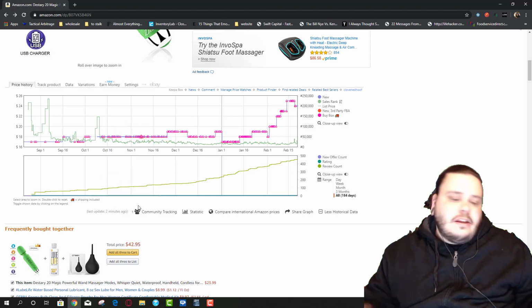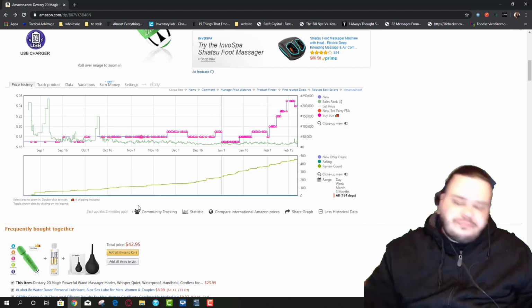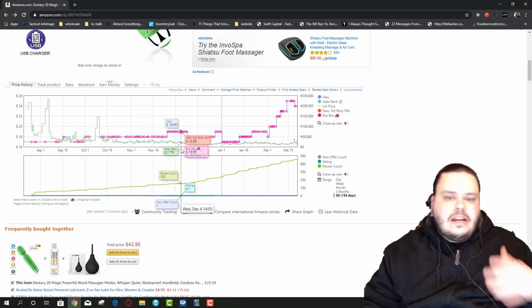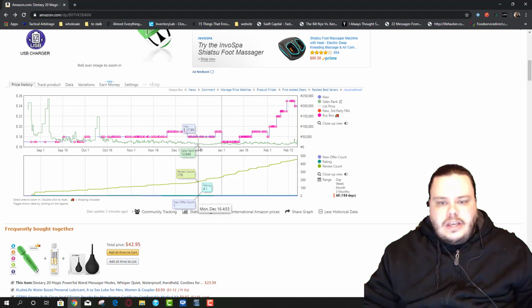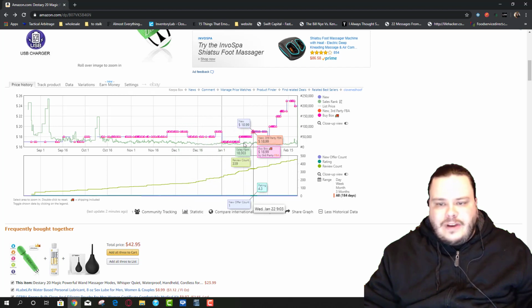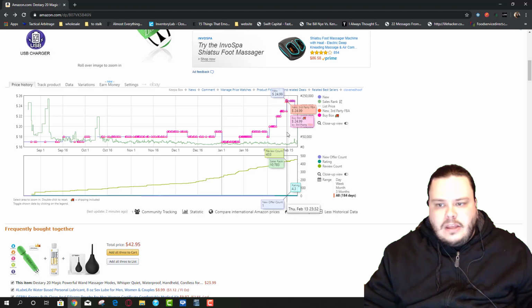This is a competitive market, so they were probably feeling out. They went from the 17.99 to the 18.99. That worked. They probably tried to just keep this to get the rank to go down on it. This is just very classic private label strategy where they're feeling out what the market will bear. They rose the price up here to the $25 mark, and the rank didn't go down.